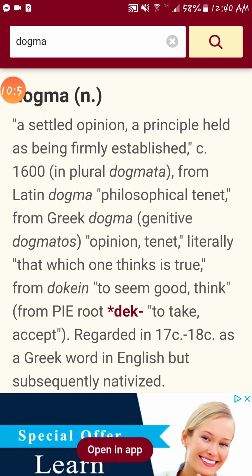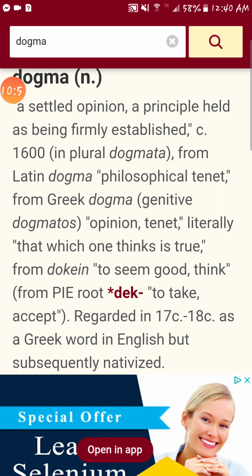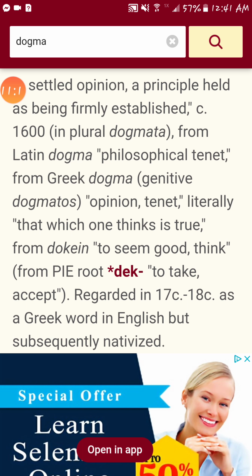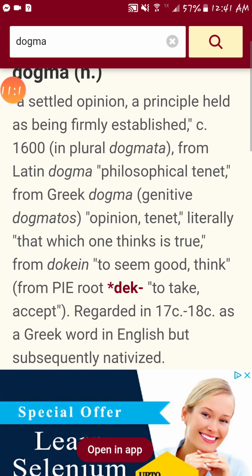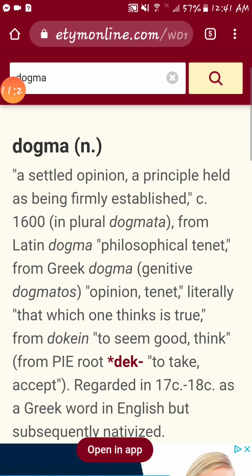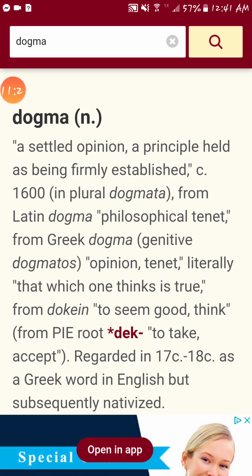Okay, I was gonna do it, but I'm gonna go look up the word tenet real fast. I'm just gonna show you how much of this you're given. It's basically just opinions. That's all dogma is. It's from the genitive of dogmatos. It means opinion, a tenet, literally that which one thinks is true. You know what I'm saying? That's what you're really given. You're given dogma. You got these people out here perpetrating religion like they actually know something, but they don't know nothing. They're just giving you opinions of what they think they know. They don't know a goddamn thing.